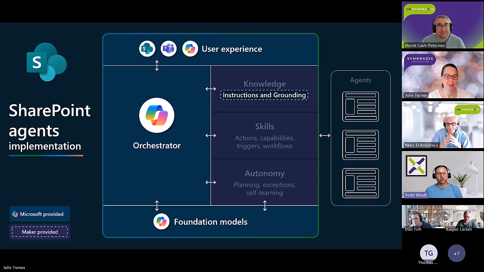This is a slide that we stole from a Microsoft deck. And it really kind of breaks down where the different steps for the maturity model is. For these, it's just giving it some instructions. You do have the option of giving it like a system prompt and just grounding it in your SharePoint data, and that's really all that you have access to inside of these. Yeah, we're going to come back to this slide quite a bit. It's a good one. It really helps you sort of visualize all the pieces of what an agent is, and then which pieces you can control based on where you're creating that agent from.